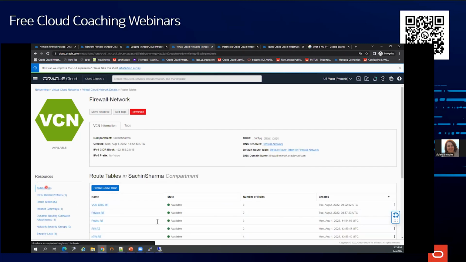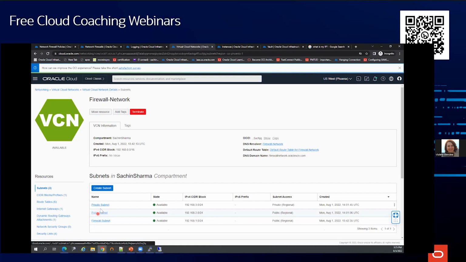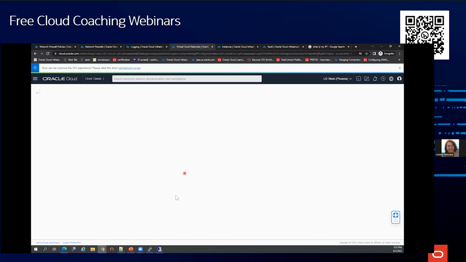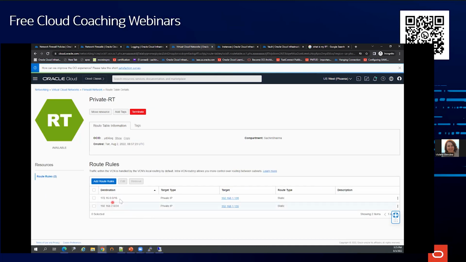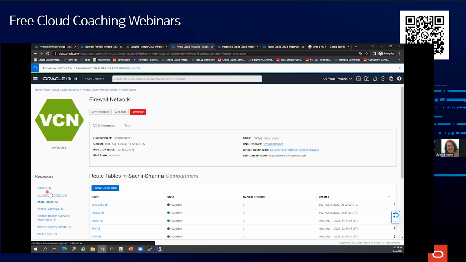For the private and public subnets, let us see the routes in the route table. It says that when the traffic is destined for my spoke VCN, don't go to the DRG directly. First go to your firewall device, and then from the firewall device it should go to the DRG. Let us see whether the firewall device has a DRG route.